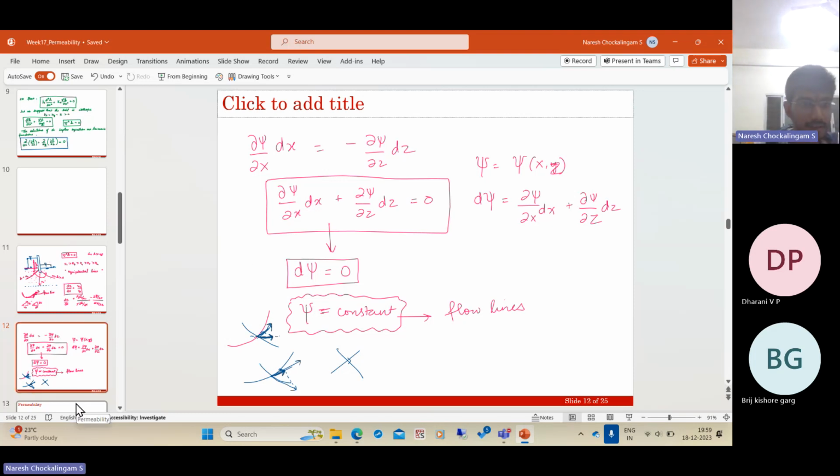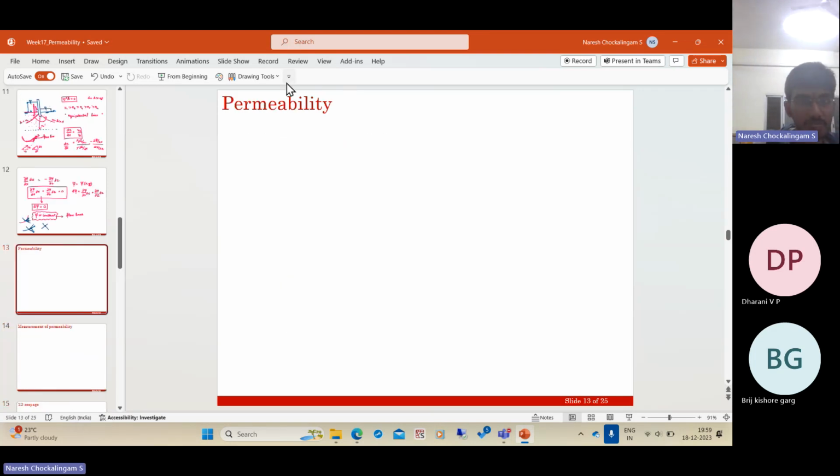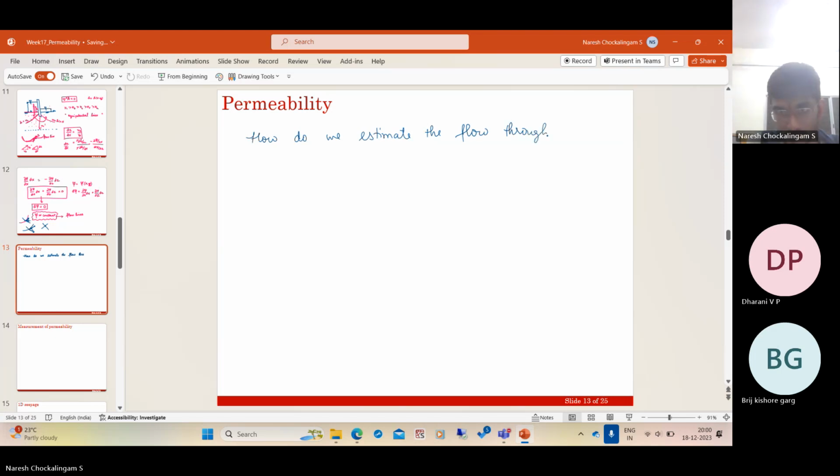Now, given all this, how do we estimate the discharge through a seepage? How do we estimate the flow? A seepage, right? So now, the idea is